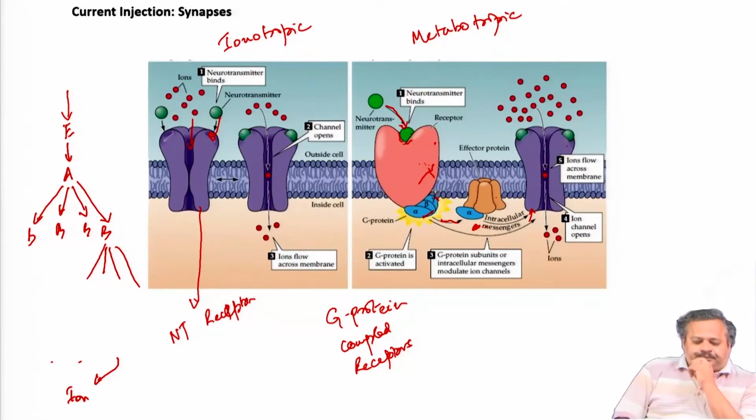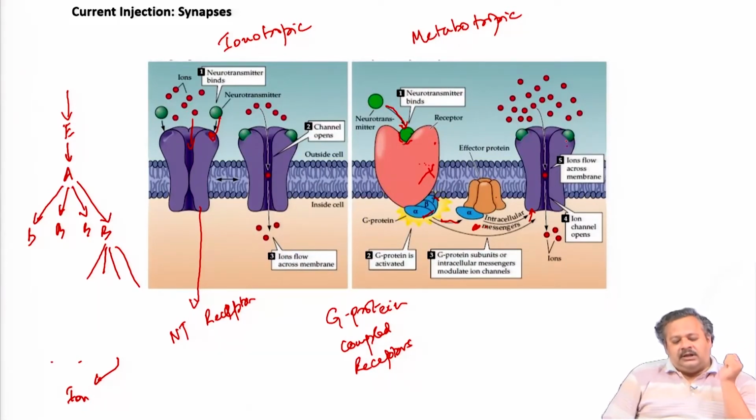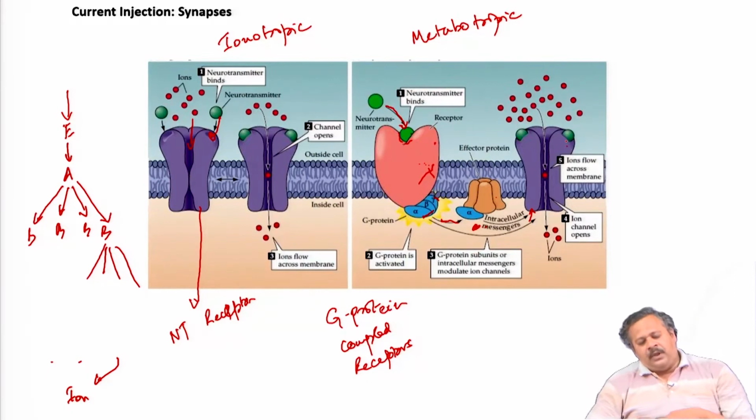So that means that once activated, unless these intermediate molecules or proteins are deactivated or stopped, the effect on the ion channel keeps on staying, and so these are long lasting effects. Whereas in the ionotropic case, once the ion goes through, that is a very fast process which ends fast also, as we will see in the shape of the current injection that we measure